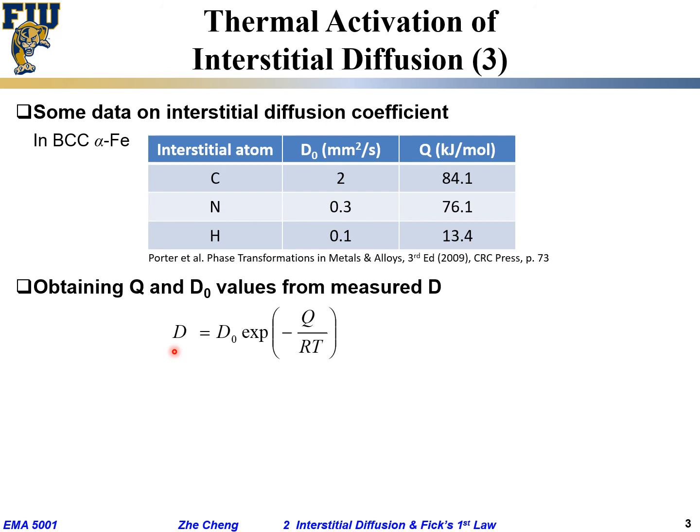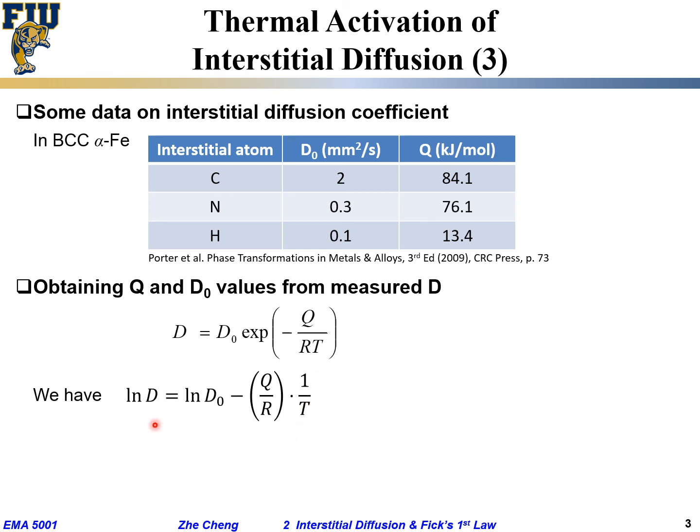D, diffusivity or diffusion coefficient, is your so-called D0 frequency factor times that quote-unquote exponential term. That exponential term depends on temperature, right? That's what we said. The D0 has a very weak dependence on temperature. So with this, what's the relationship between D and T? If we are going to take the natural log of left side and right side,